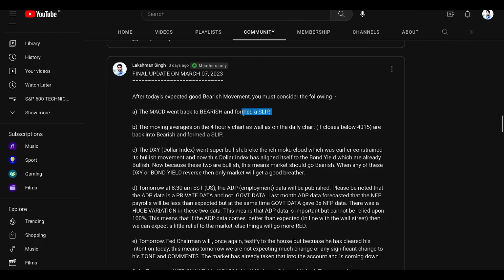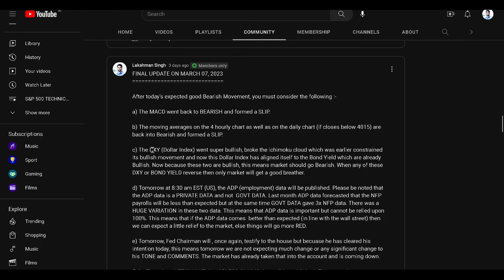But if you have subscribed to my YouTube channel for the last many months, then you very well know about this, the slip. So this slip was formed on Tuesday. On Tuesday itself, it confirmed bearish movement. Then the moving averages on the 4-hourly chart as well as on the daily chart went back into bearish and formed a slip. Two slips: there was a slip in the MACD as well as a slip in the moving averages, confirming 100% bearish